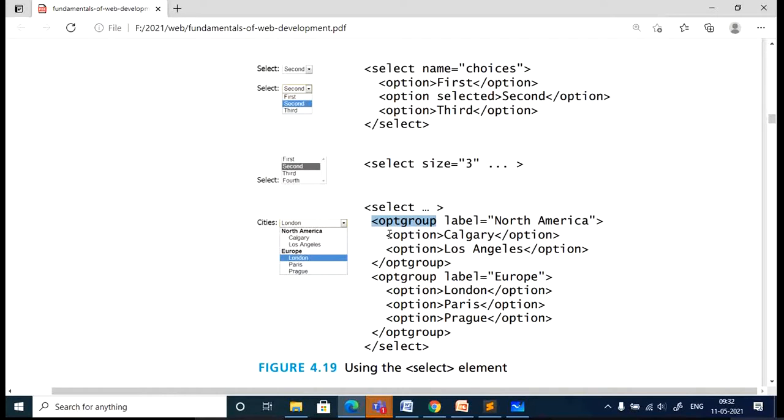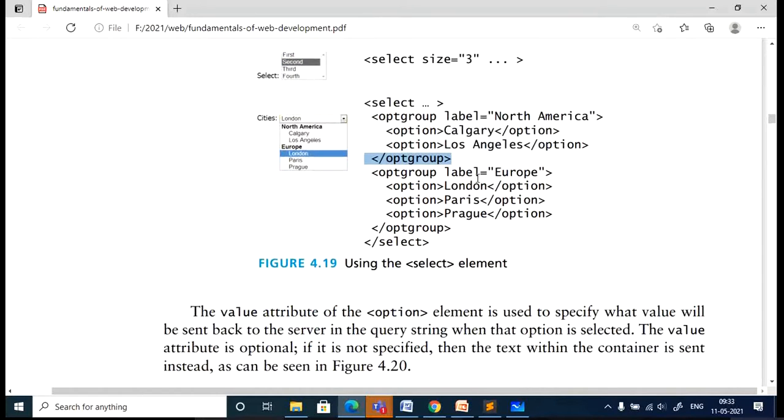In that I have sub options, categories. You can specify using the option tag. Similarly, another option group, give the name for that option group, followed by the options in that subgroup. Okay, and close this select.